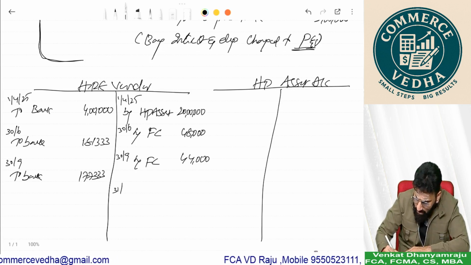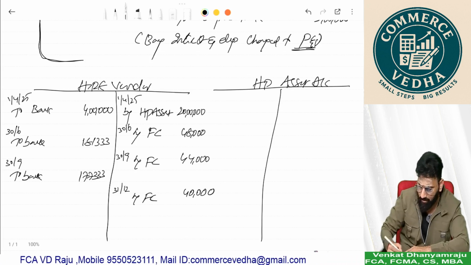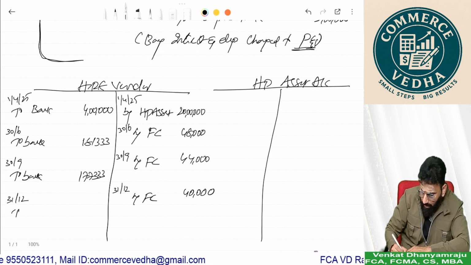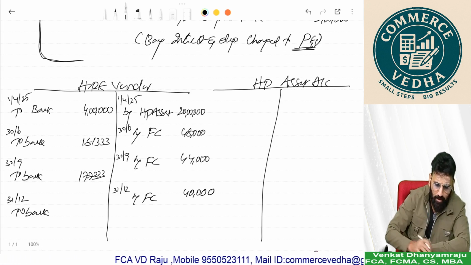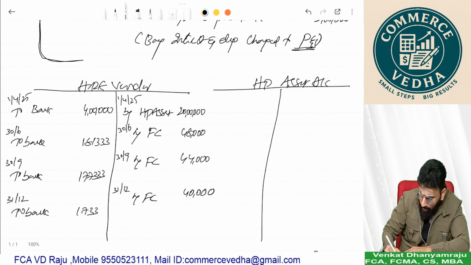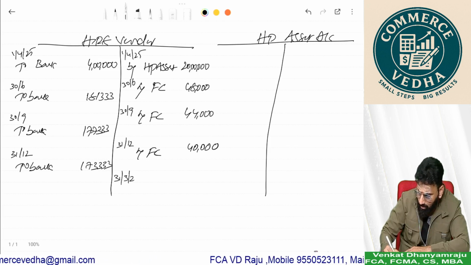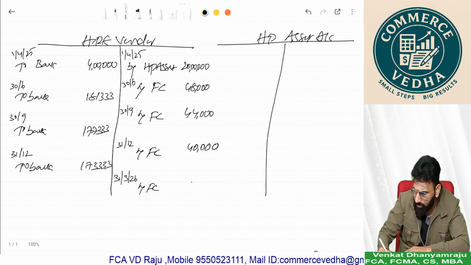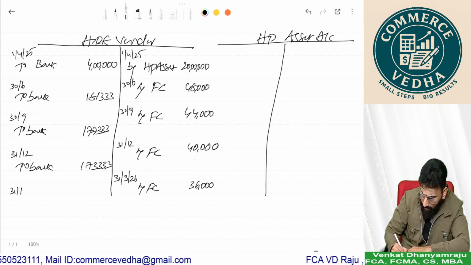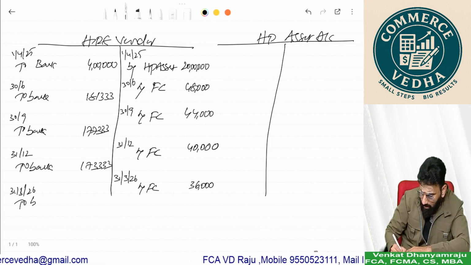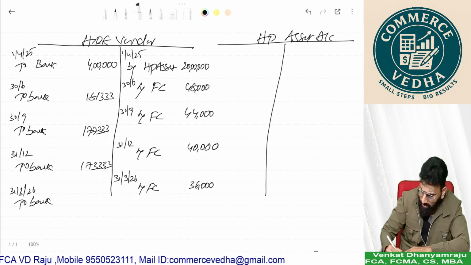And on 31st December also finance charge you are due 40,000, and same day you paid that, which is 40,000 plus 133,333, 173,333. And on 31st March also interest due 36,000, and you made the payment on the same day to bank, 36,000 plus 133,333,